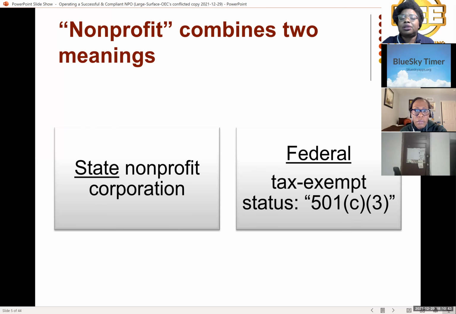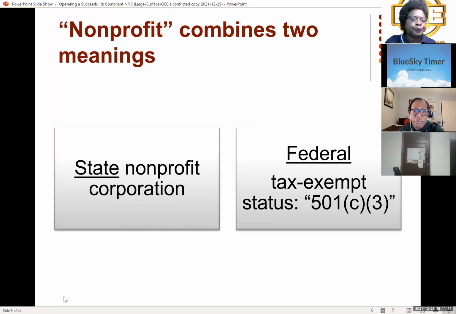Another thing too is if the intent is that you're going to get your 501(c)(3), then during those 24 months that you have to file for the 501(c)(3), you can get tax deductible donations, because we know that you have the intent of getting your tax exemption, your 501(c)(3) status. Does that make sense to everybody?